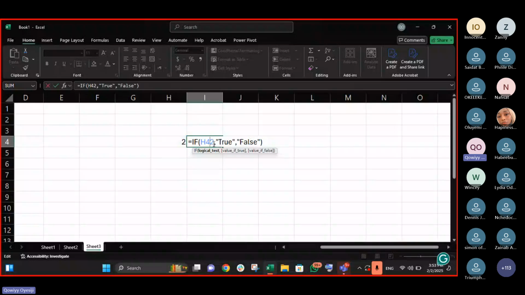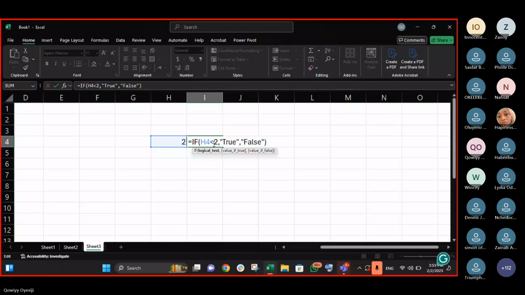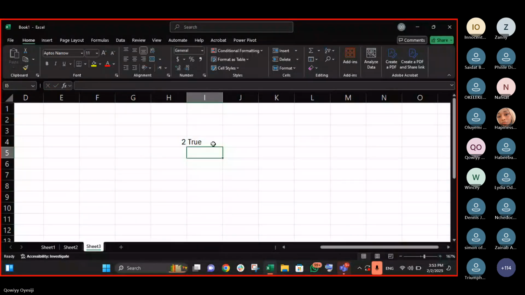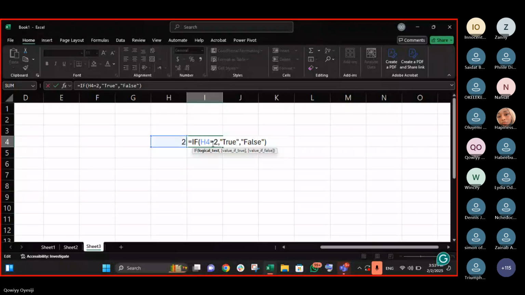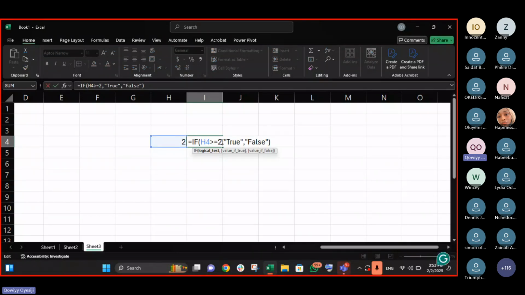But lesser than or equals to 2, it is not lesser but it is equal to 2, so it will be 2. I can also say greater than or equals to 2. Please, guys, do we get this part?